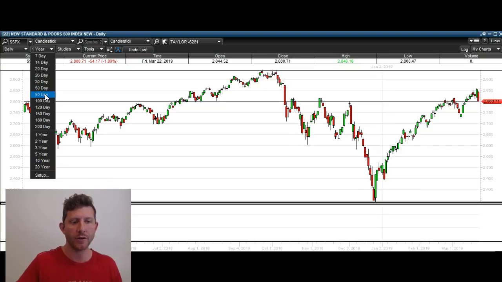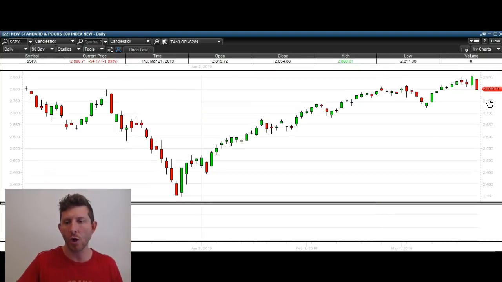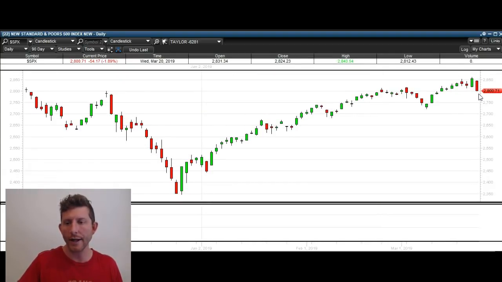Let me zoom in again, and this is all we've seen: this one day right here where we closed below a few days' lows. If we keep going, then we can maybe, I don't want to say be concerned, but flip to the short side. The other thing too, we're still making higher highs and higher lows. We've got to break